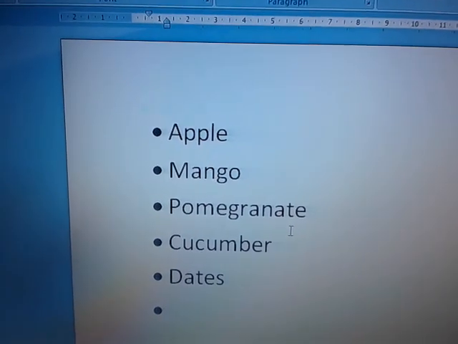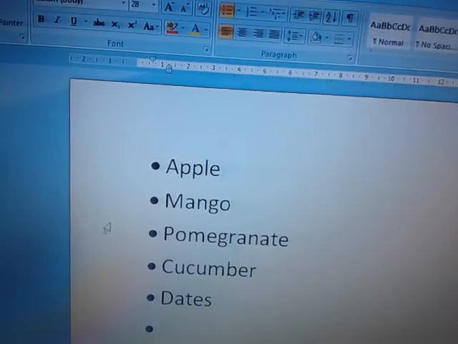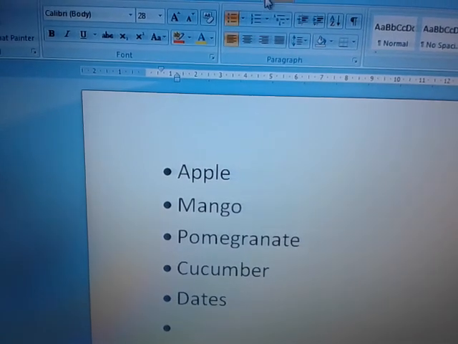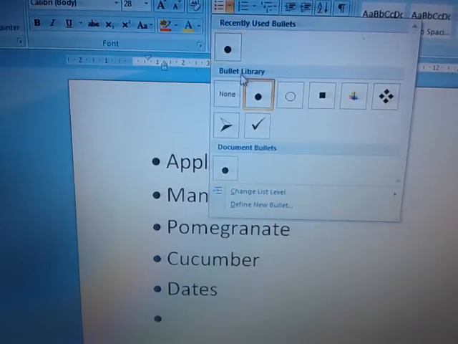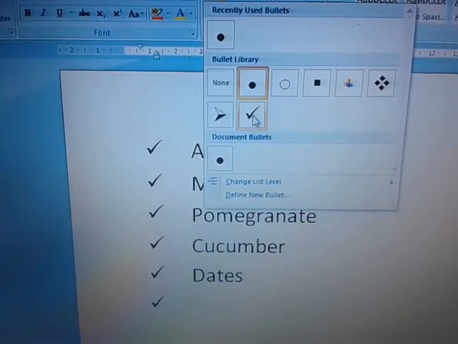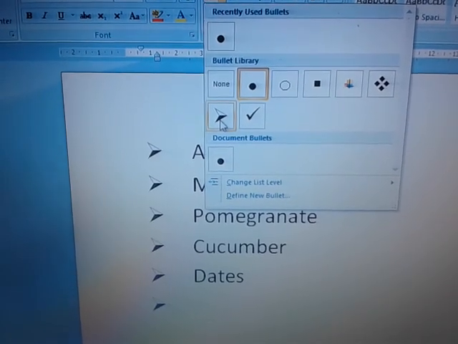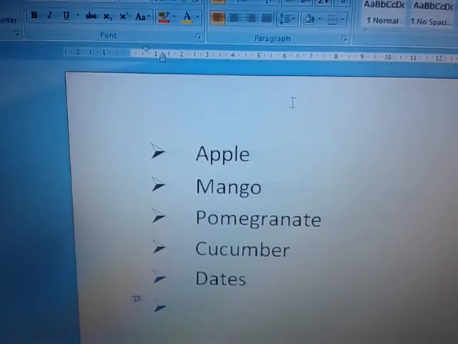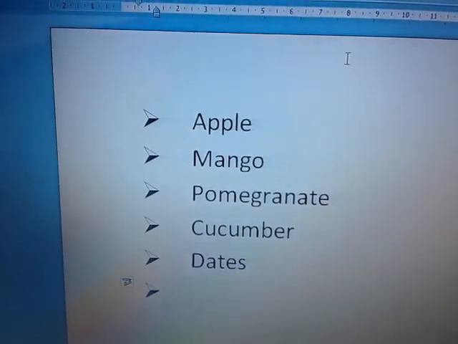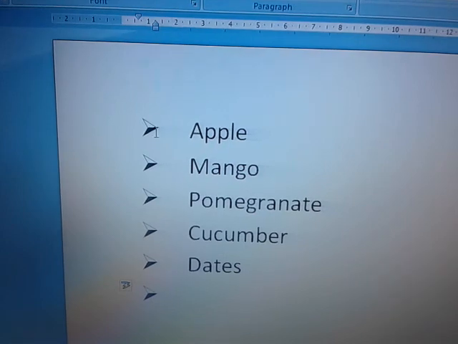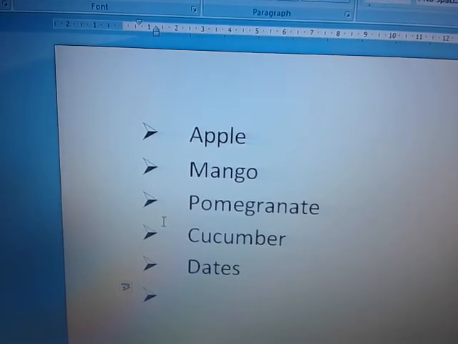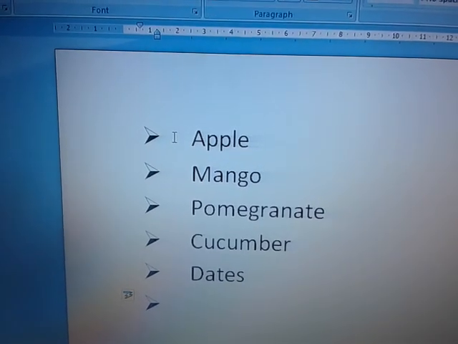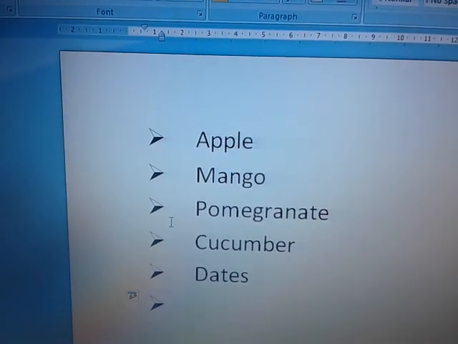Now I will show you how to make a numbered list. Now see, once you have selected this dot, you can change it again. Go over here. Now you can change it also. Any sign you click, it will be of that sign. Say let us choose this one. It does not matter, but there will be no number, there will be only signs that these are the items that you are going to include in the list.